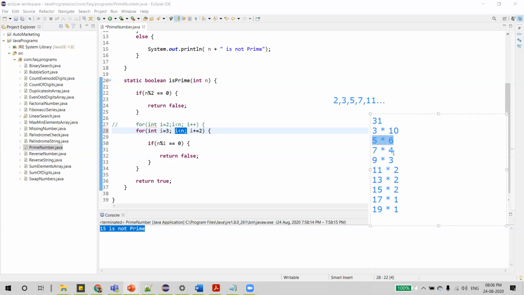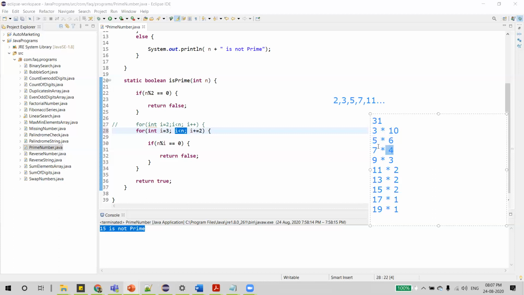If you observe the I value and the right hand side multiple, it is fine if the multiple is greater than the I value. But the problem is when the I value is greater than the multiple, or the multiple is less than the I value. What I mean by I here is all the numbers on the left hand side, 3, 5, 7, 9, 11, all these odd numbers are denoted with I, and the right hand side numbers 10, 6, 4, 3, I am calling multiple. Just for your information, now we'll see here.